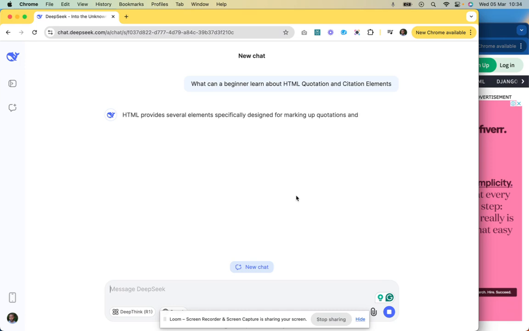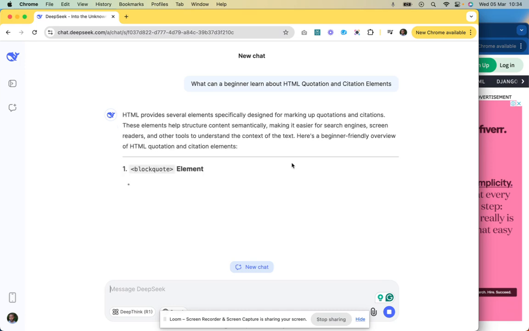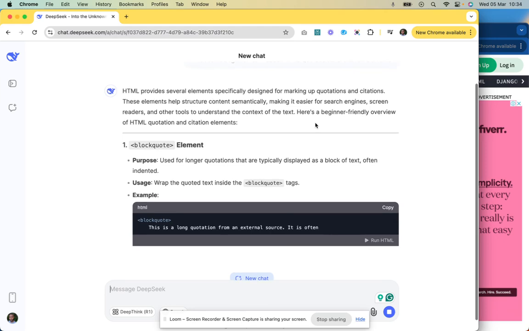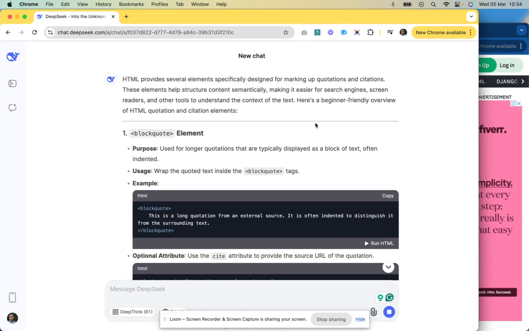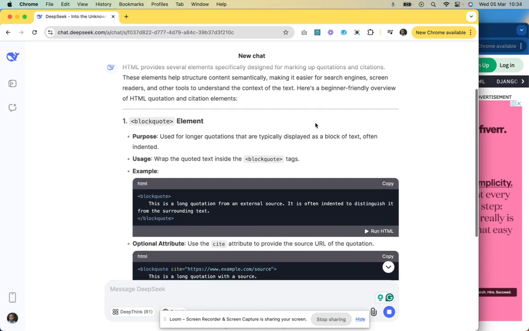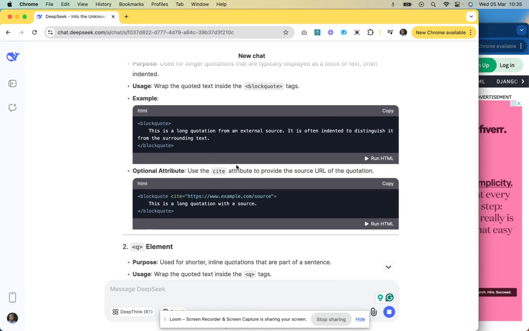Okay, so HTML provides several elements specifically designed for marking up quotations and citations. These elements help structure content semantically, making it easier for search engines, screen readers, and other tools to understand. So as you can see here,